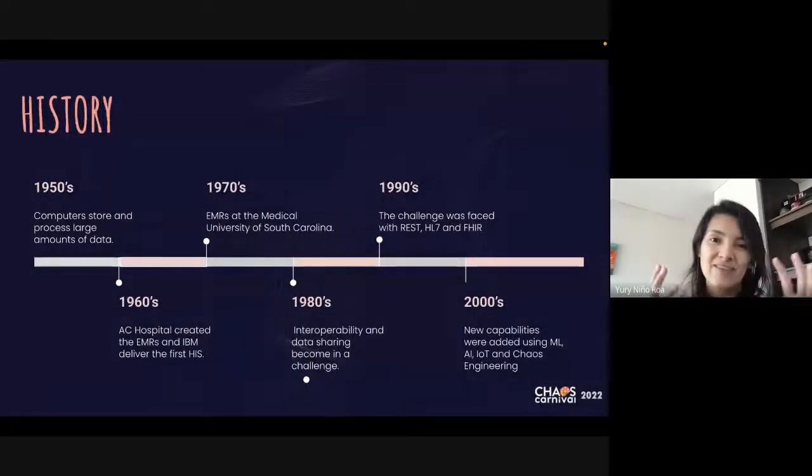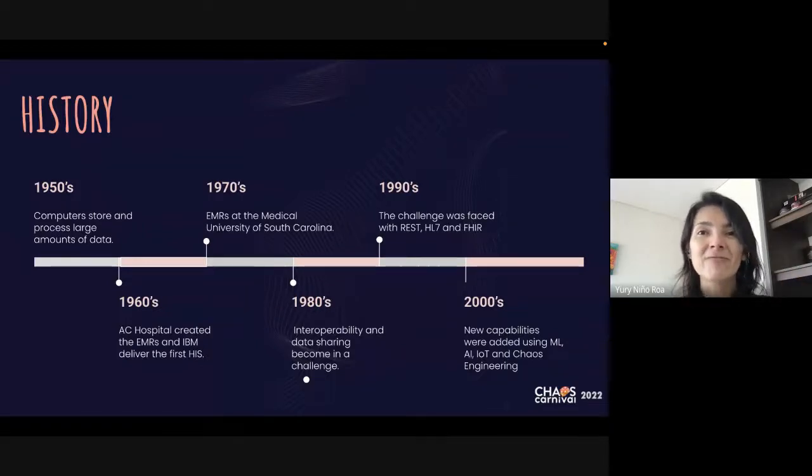So let me start with some history related to that. Historically, health informatics has been about applying technologies rather than gaining new knowledge. This field has a long history. Since the 1950s, when computers could first store and process large amounts of data, software developers have seen healthcare as a fertile domain. Electronic medical record systems date back to the early 1960s when Akron Children's Hospital and IBM created HIS, the first computer-based clinical hospital information system.